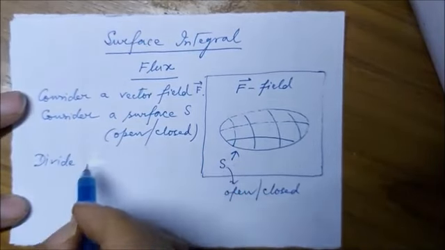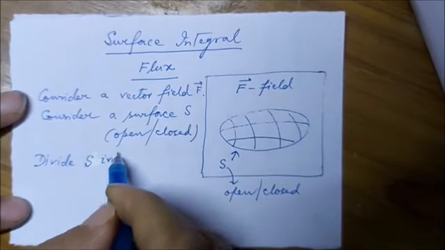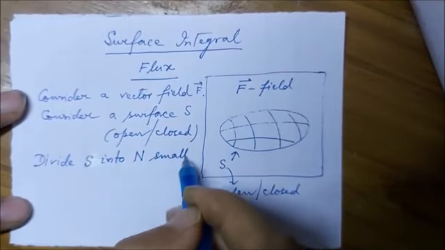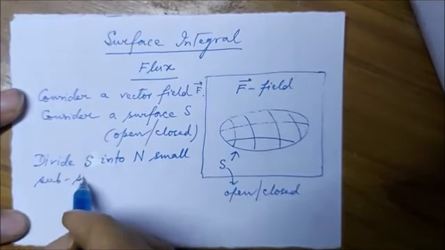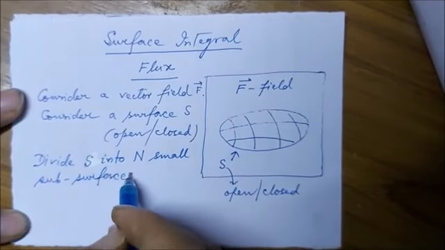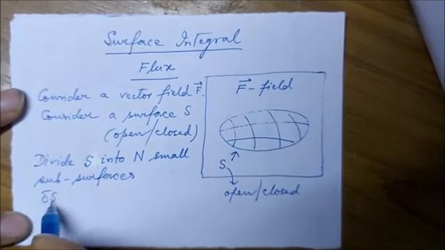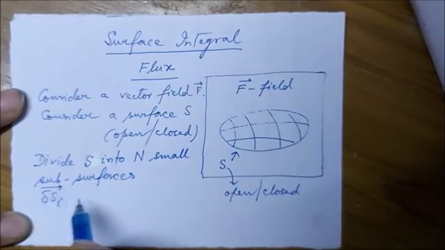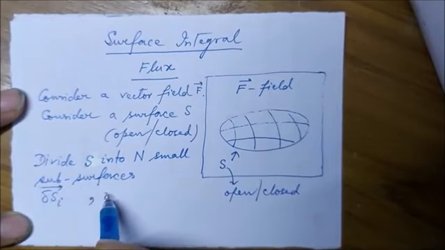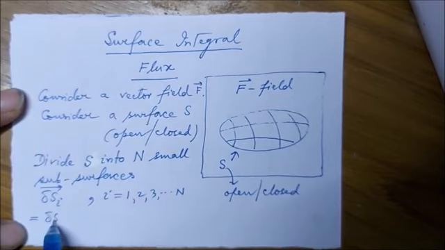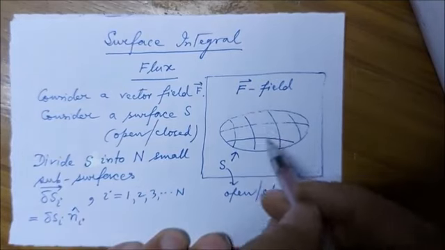Divide S into n small subsurfaces or portions, and let us call the ith subsurface delta Si vector, because area is a vector, where i is equal to 1, 2, 3 up to n, and vector delta Si can be written as delta Si into Ni cap. This area is delta Si,